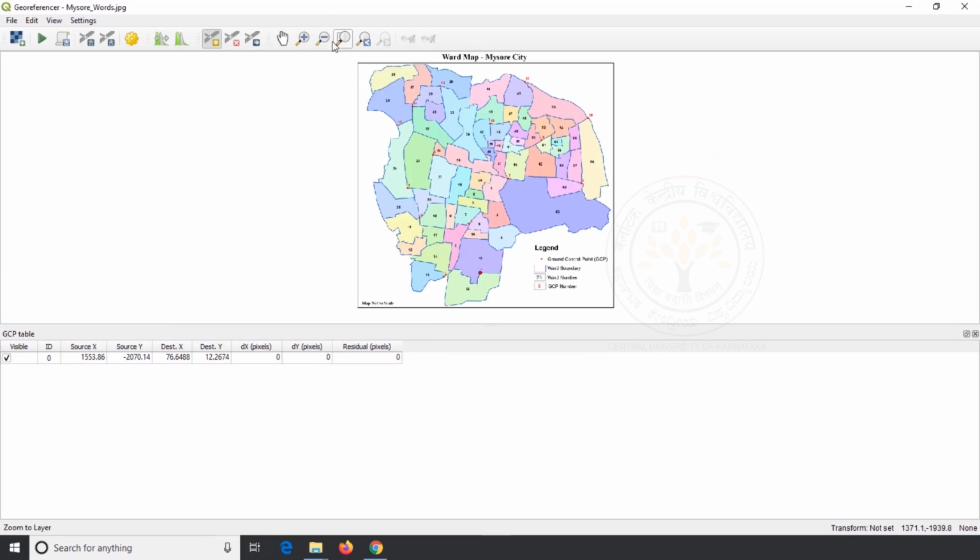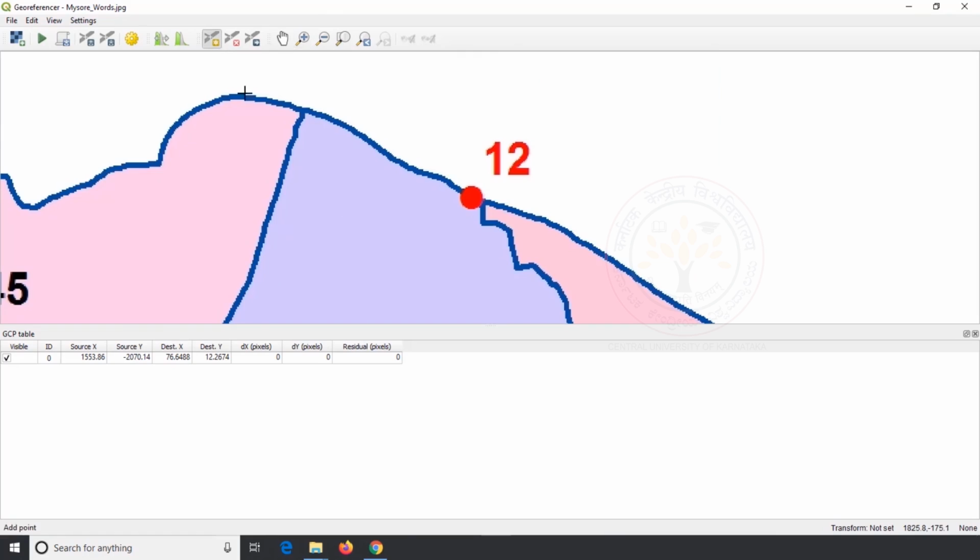It is advised to register all the corner ground control points first, followed by the inner ground control points.